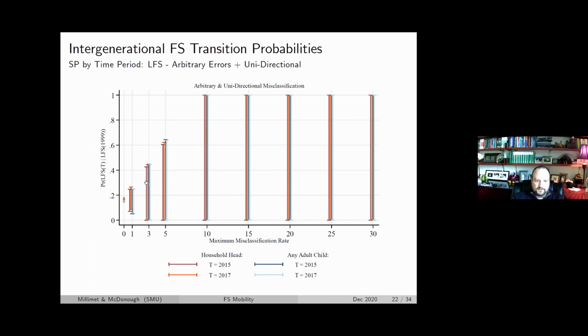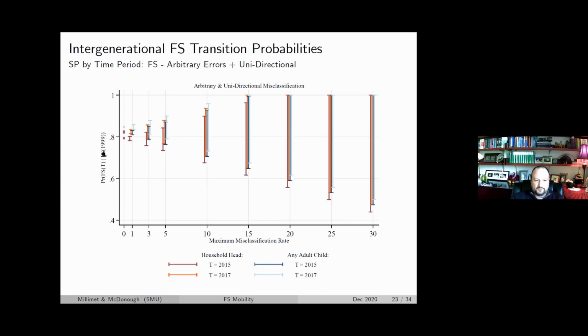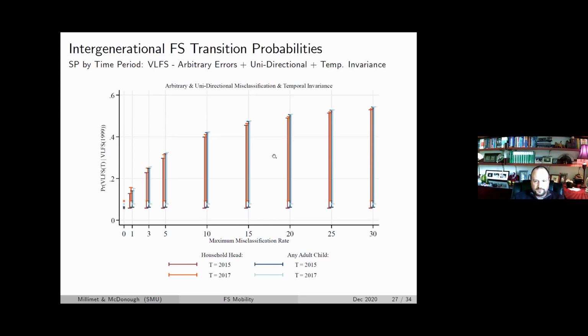If instead we go to the other end of the transition matrix, the conditional staying probability of being food secure, now we can say a little bit more, because about 90 to 95% of the sample is in this food secure category. So the observed conditional staying probability is around 80%. Even if we allow for up to 20% of the sample to misreport, the bounds still go from 60% to 1, which is still learning something. These graphs just tell you, as we allow for more and more measurement error, how much less can we say? Since I'm running out of time, I'll skip to the next set.